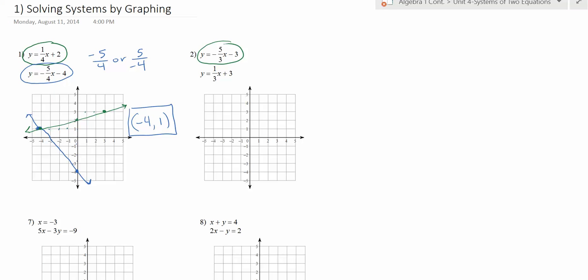So take your first equation, you're going to start at -3. My slope is -5/3, or I can think of it as 5 over -3. So it means I can either go up 5, back 3, or if I had space, I could go down 5 over 3. Okay, connect my dots,